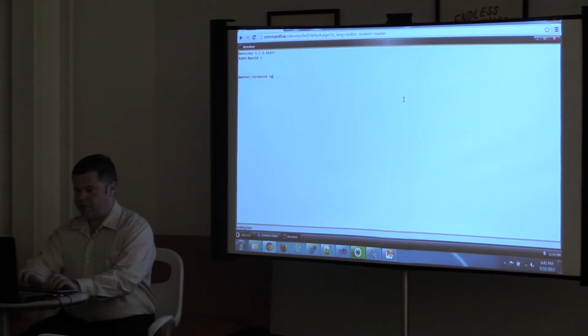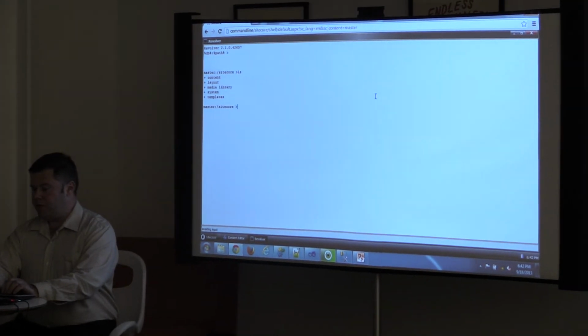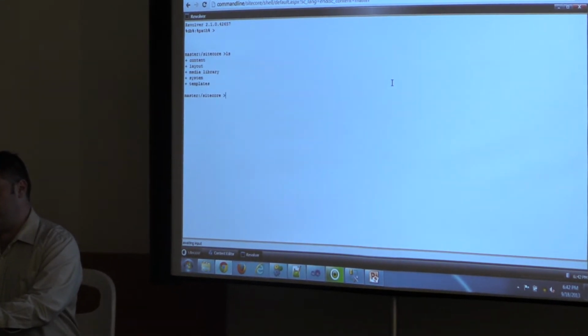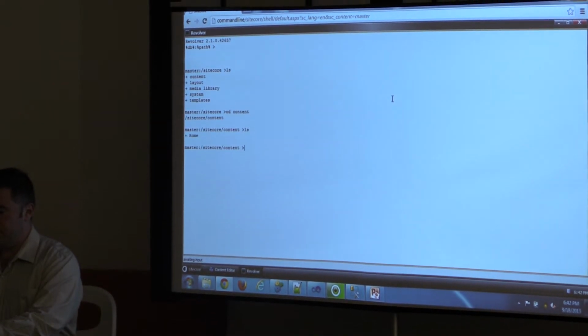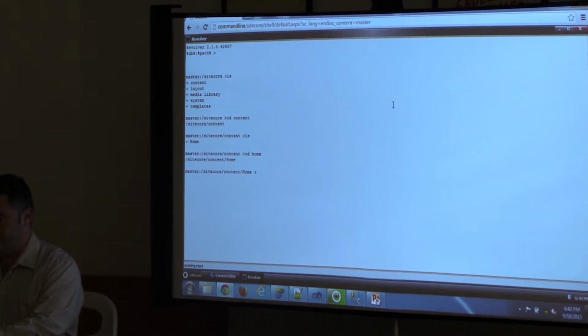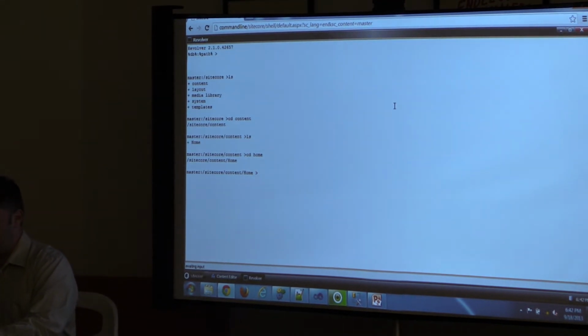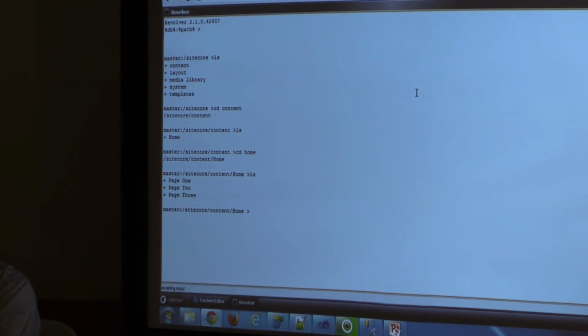You do an ls, you can see what items are underneath the current item. So I'm on the Sitecore node right now. Each item is treated like a directory or a folder, so I can actually go into things. In Unix and DOS, you can do a tab to autocomplete. It doesn't work here, just let me know that up front. So I have page 1, page 2, and page 3.